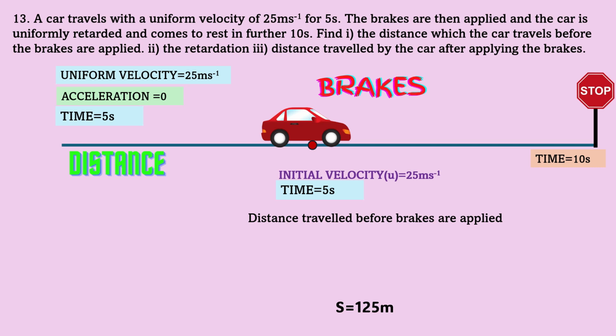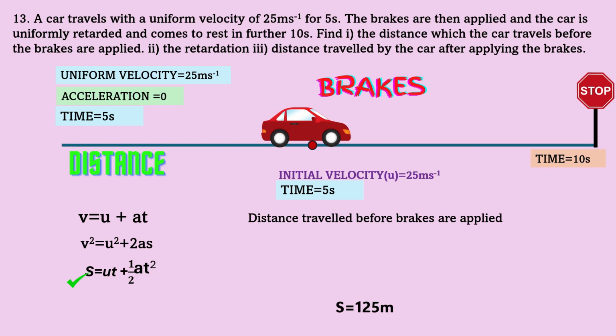Second is the retardation. Third is the distance travelled. तो first आते हैं first part में, the distance which the car travels before the brakes are applied. ठीक है, तो कौन सा इक्वेशन सुटेबल रहेगा यहाँ पे, तो देखो यहाँ पे हम लोगों का थर्ड इक्वेशन s इक्वल टू यू टी प्लस हाफ ए टी स्क्वायर, क्योंकि वो चल ही रहा है 25 मीटर पर सेकेंड, तो